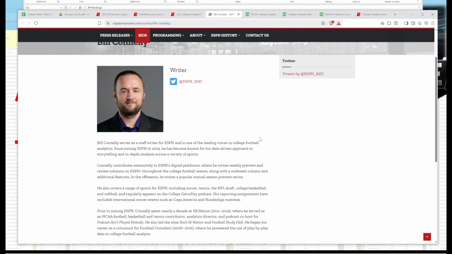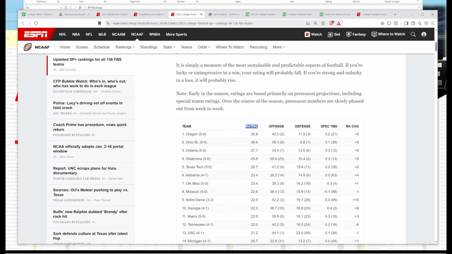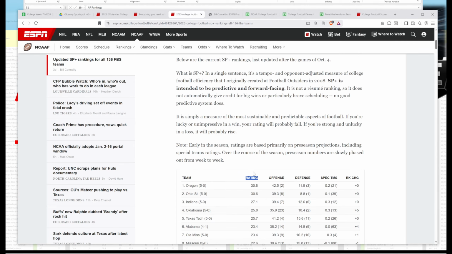Bill Connelly was hired by ESPN in 2019, but he's been doing analytics since, let me see, probably like 2008. I've been following him for many, many years. I like his approach. His background's in data analytics. He goes deep into the numbers, and his methodology is very methodical, and it makes sense. So anyway, ESPN also publishes his ratings, and these ratings here, the SP Plus ratings,